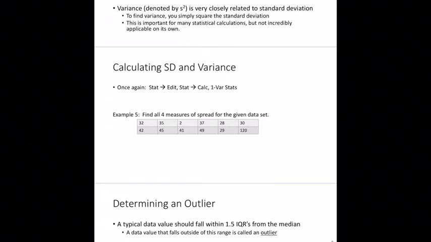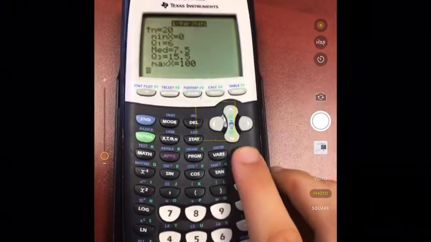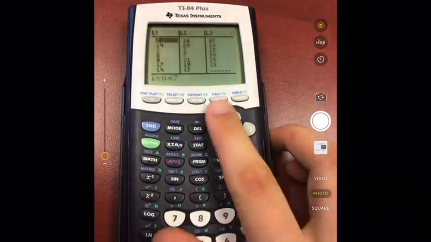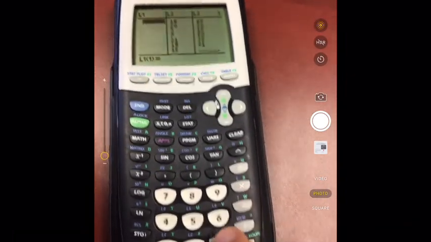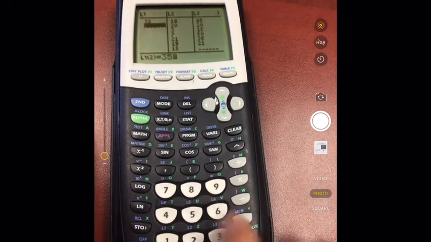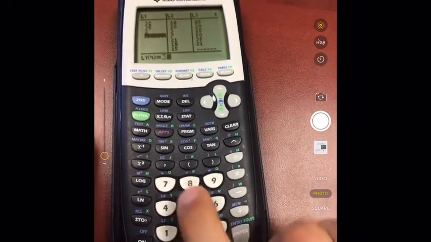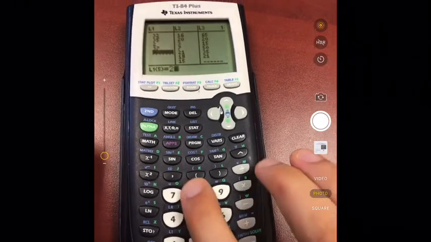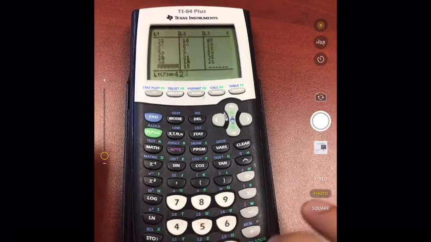So I'm going to go back into my calculator here in just a moment, and we are going to type in this data. So here we go. I'm going to go back into my stat edit. I'm going to clear out L1 by going to the top and hitting clear. And I'm going to start typing in that data, which I can see, and you should be able to see through your split screen. 32, 35, 2, 37, 28, 30, 42,